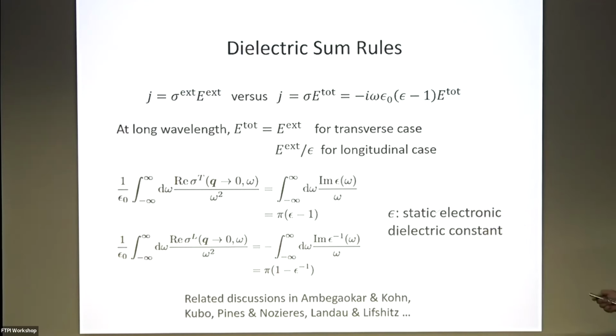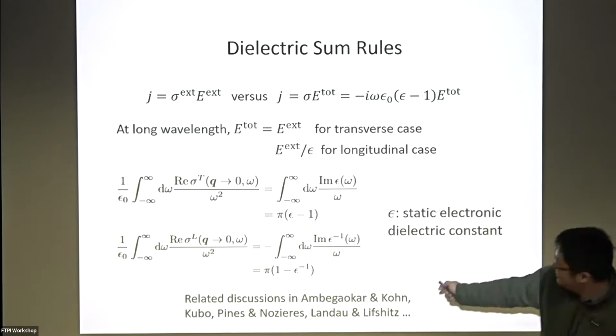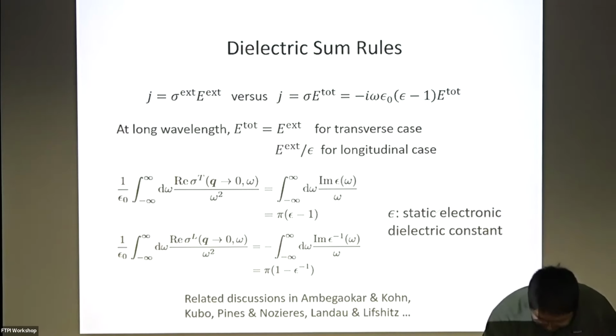Okay, in fact, London and Lipschitz devoted most of the discussions to the transverse links, which is quite interesting. And they actually obtained these results in a very different way. They were thinking about the analytic structures of epsilon, so in the frequency domain, which I still haven't digested. But this is my way of finally coming to peace with this.